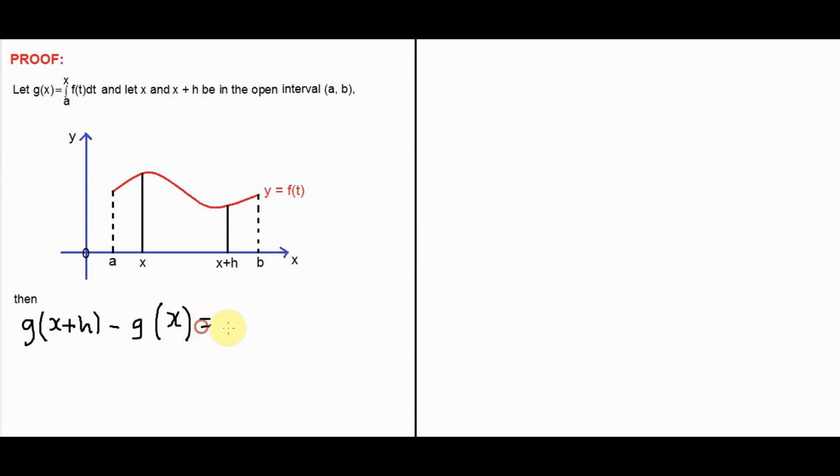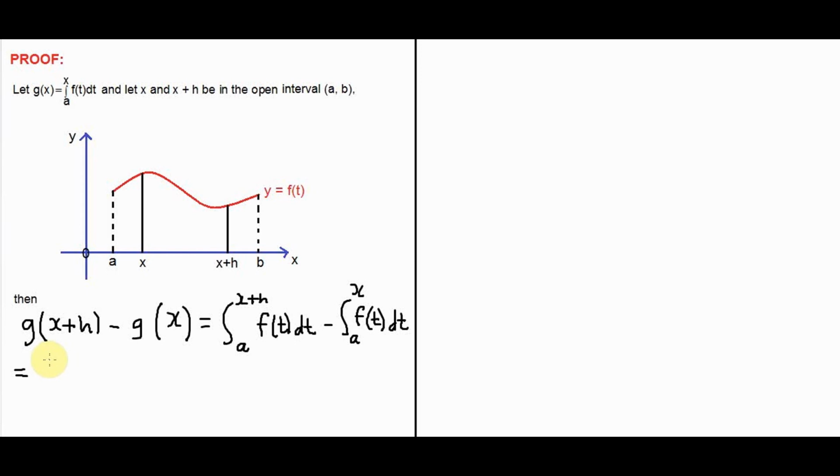It will be the integral from a to x plus h of f of t dt minus the integral from a to x of f of t dt. So we get these two integrals simply by substituting in firstly x plus h for x and then x for x. Now we can rewrite the first integral on the right hand side by using property 5 of the definite